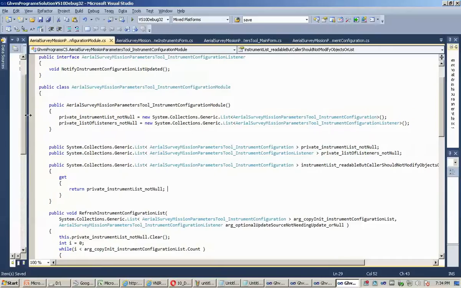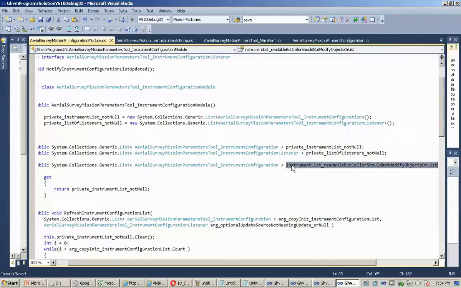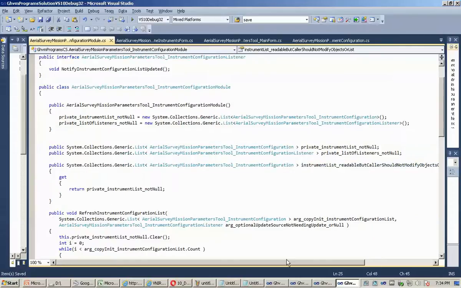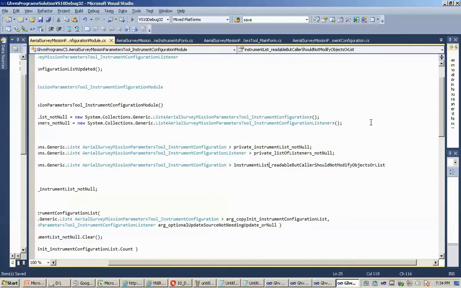But to represent the fact that the people who access this list should not modify it in that way, I'm just going to be explicit about it in the name of this member. It's a property, but it's kind of a member variable. I'm just going to say that whoever accesses this has read rights, but they should not modify it. They should consider it immutable,